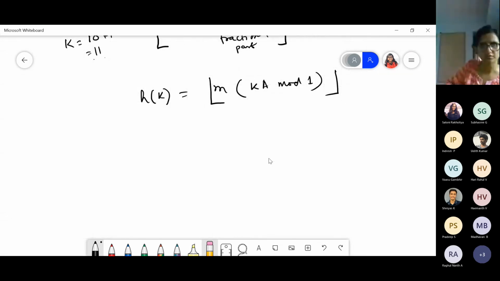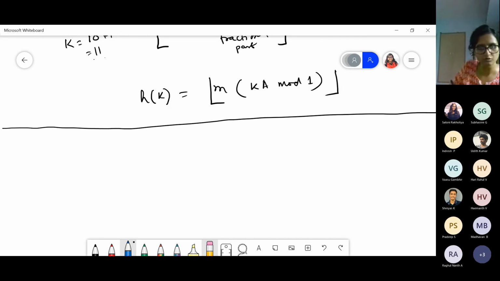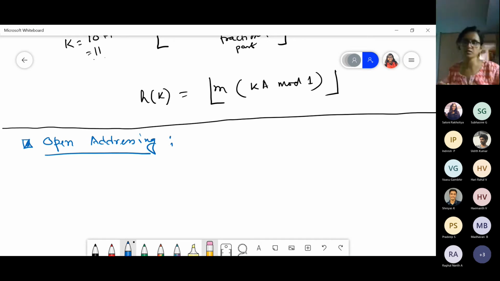So this is collision resolution using chaining. Another way of collision resolution is there, that is called open addressing. Open addressing is basically very easy, although it suffers from some kind of problem. So in open addressing, what we do is we search for the next slot in the table. So here none of the key values are stored outside of table. So open addressing means all keys are stored inside the table only.